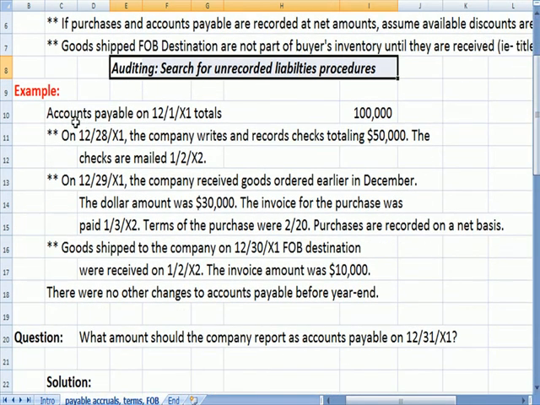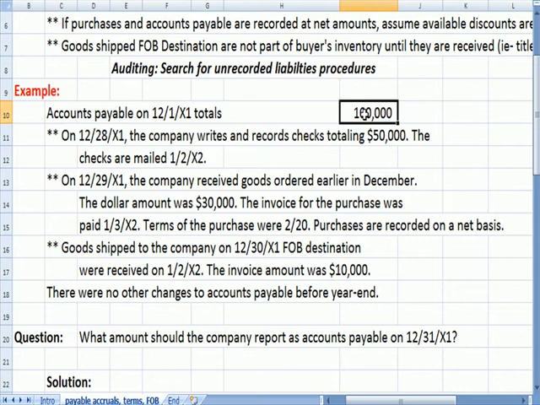Let's assume that your accounts payable at the beginning of December is $100,000. And we have several transactions that happen right at the end of the year. So on 12/28, the company writes and records checks totaling $50,000. Those checks are mailed on January 2nd of the next year. On December 29th,